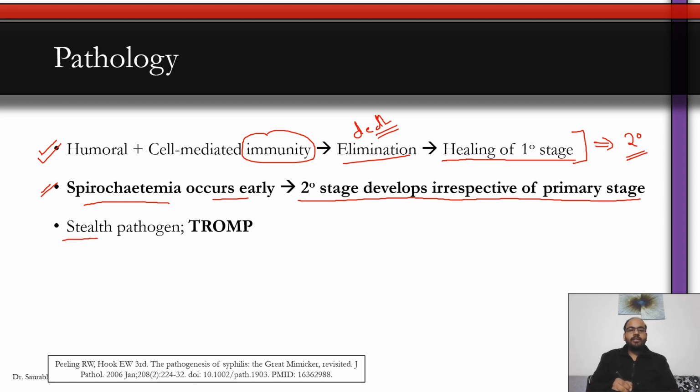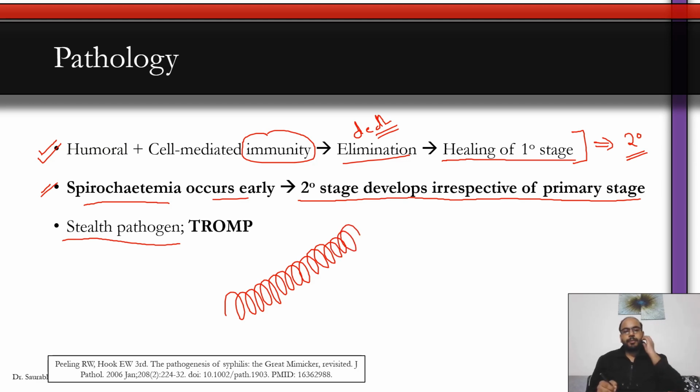Many authors have called syphilis or Treponema pallidum a stealth pathogen. Why do we call it a stealth pathogen? Means that if here you have the spirochete. Okay, let me just make it again. So here we have the corkscrew-shaped spirochete. If you want to learn more about the structure of the Treponema pallidum, see the first video, the primary syphilis one. Okay. Now,